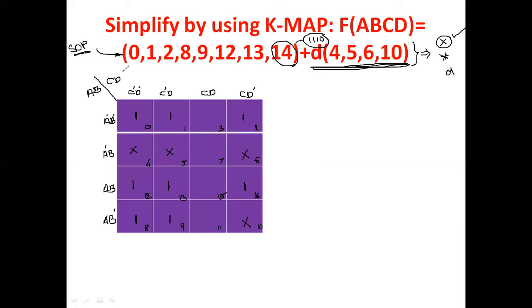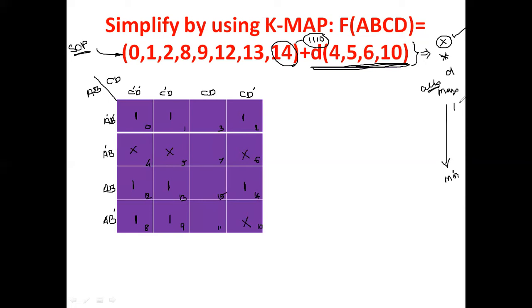Now you have to check that all the given numbers are marked or fixed in the corner of the map. After that, the next step is grouping or circling. For that, again, from maximum to minimum. That you already know. Maximum to minimum checking means what? Maximum number of cells. Whether the maximum number of cells is 1 or not.